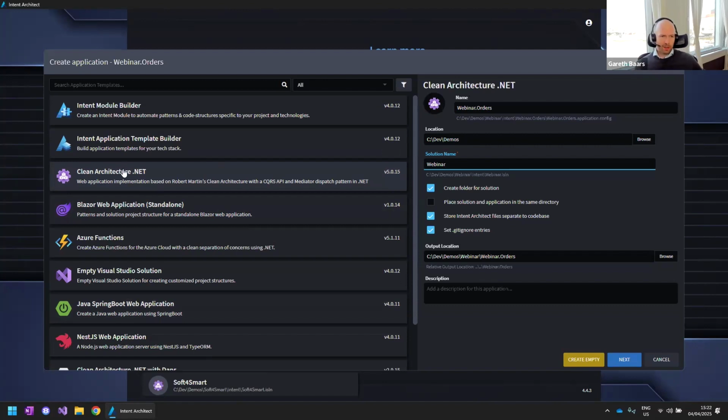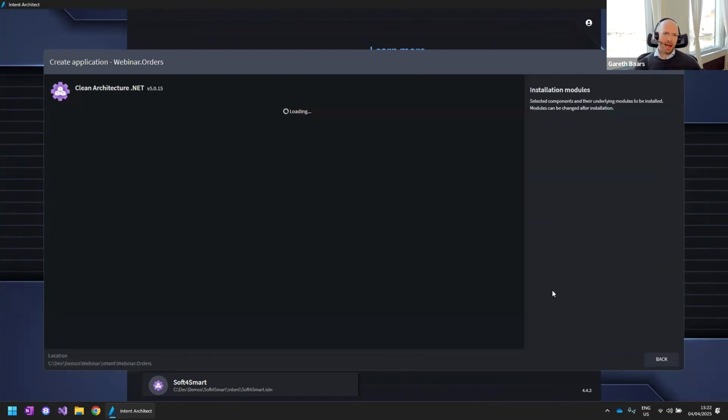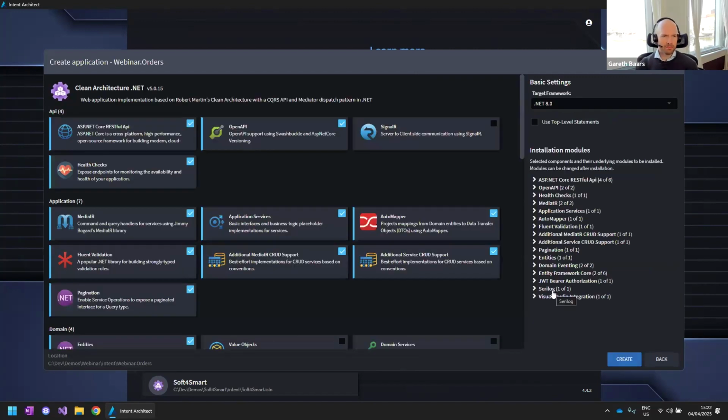And this is something a lot of teams do: a lot of teams will actually go and create their own application templates. You could think of it like an architecture template, where you can pick and choose from a set of architectural components that you'd like to use, and have it pre-configured around the application and the way you like to structure things. So that's also very popular with our clients. I'll just be using one of the open source ones that our team has created for the clean architecture over here. All right, so I'm going to say next now.